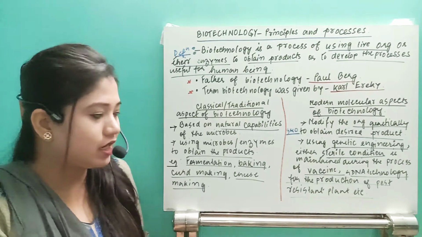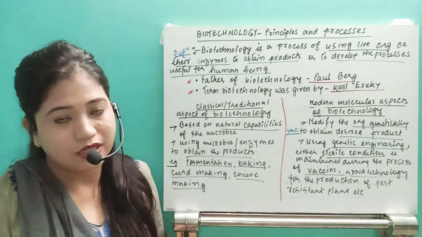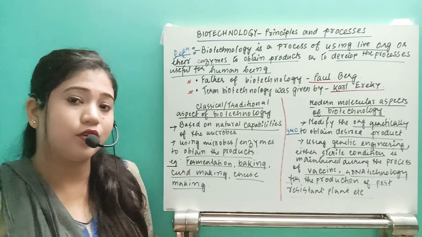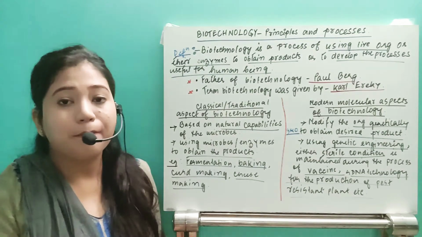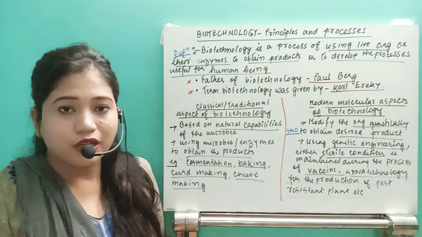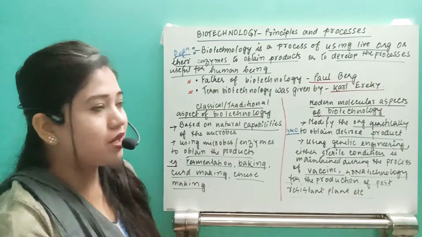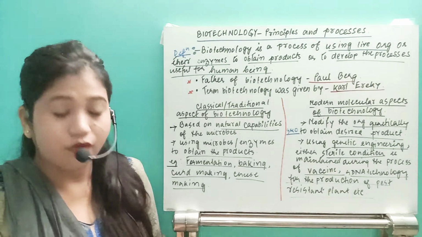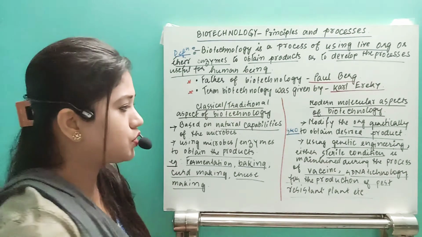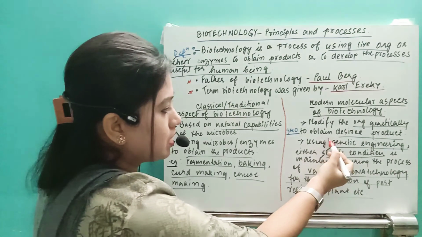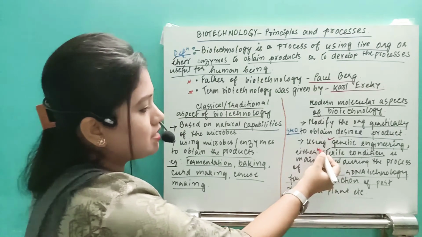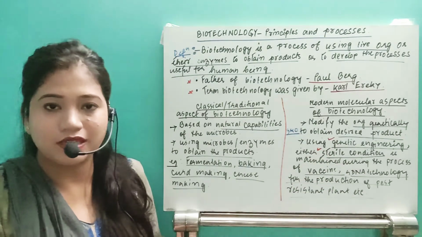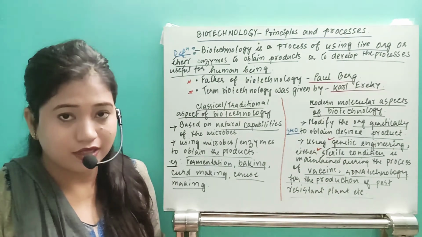But till now in India we are using only Bt cotton because it is going to have lots of other harmful impact also. So see, these are just the introduction of biotechnology. We are going to see what are those two aspects. One is genetic engineering and the second one is the maintenance of the sterile environment. What are they? Let's just see.